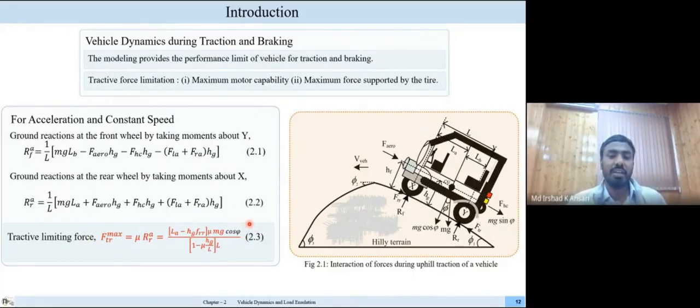been used. Here in equation 2.3, we can see that the tractive limiting force depends upon the varying road slope, and also it depends upon the maximum motor capability and the maximum force that can be supported by the interaction of the tire and the ground. In this figure, we can see the interaction of various forces when a vehicle is moving in the longitudinal direction with a rear wheel drive